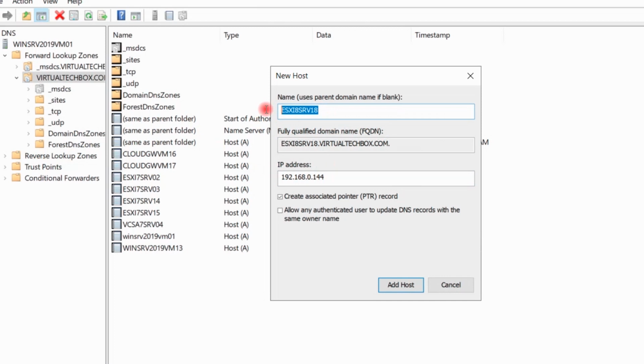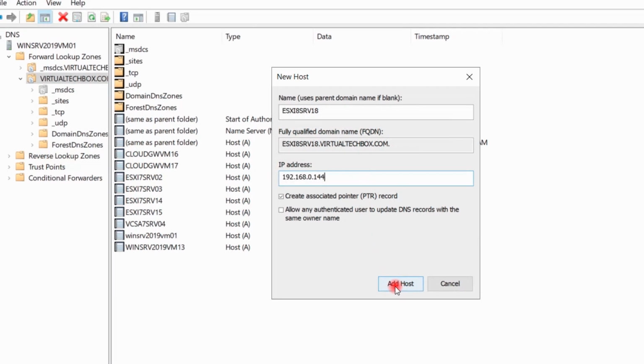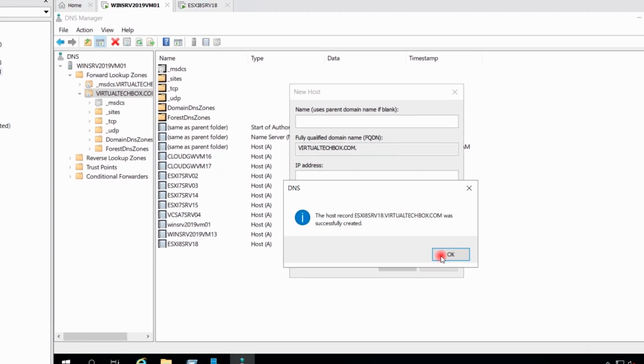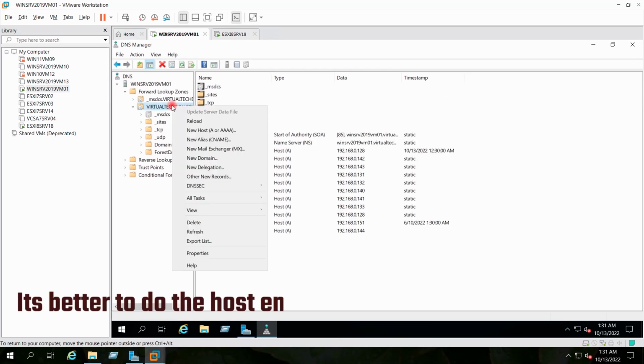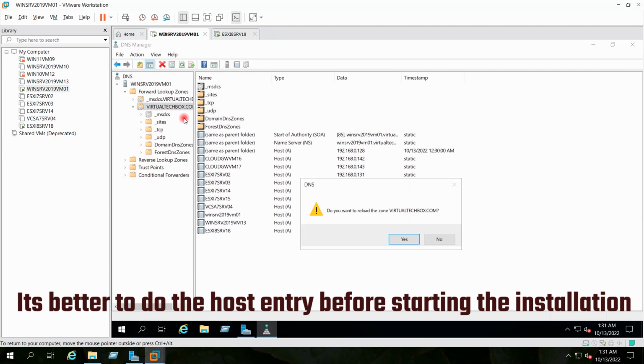So this is the host name of my ESXi 8 host, and this is the IP address. I will click add host. OK, done. I will reload once.